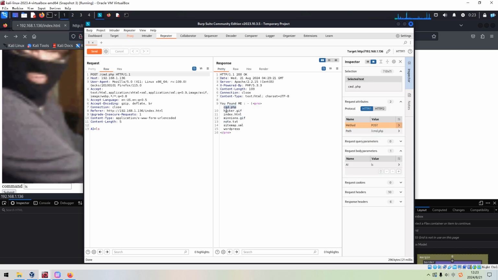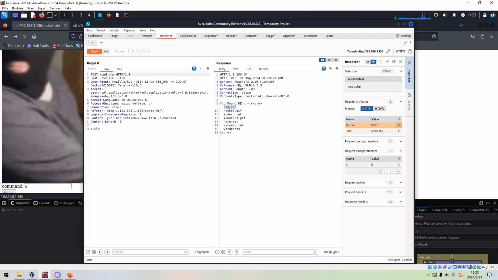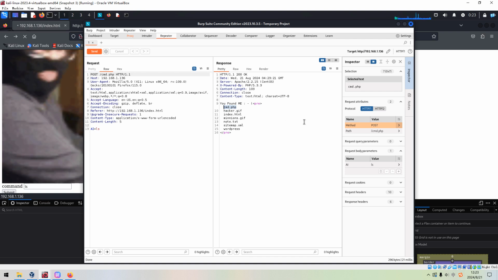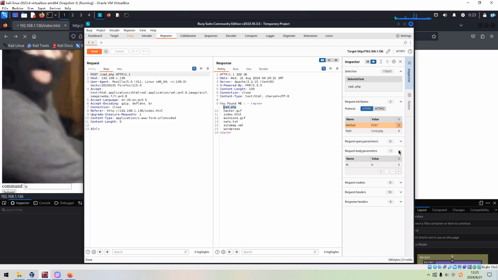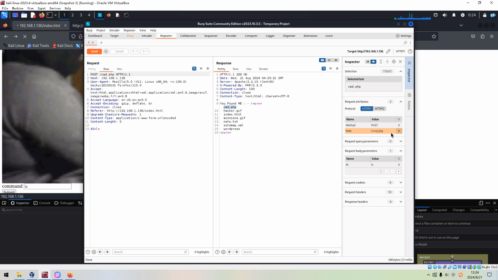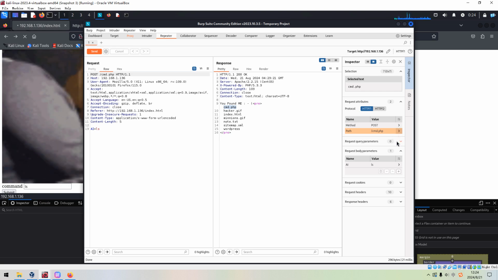So next, I want to retrieve this PHP file to see the actual code of this file. So how to do? Sorry, this should be POST.